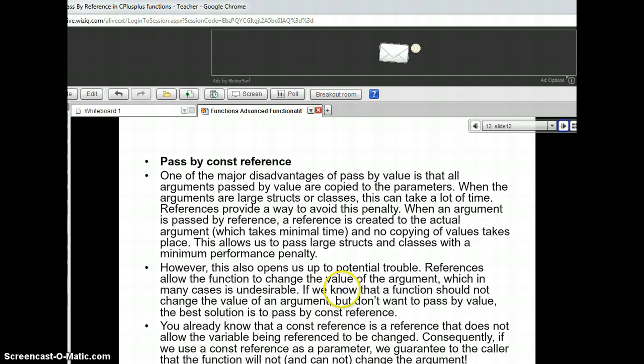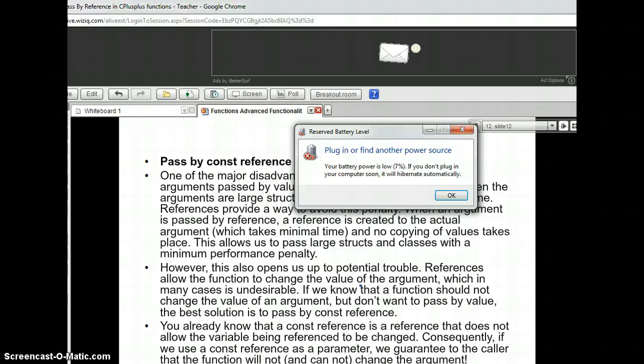However, there is another trouble here. Since we're passing the same variable, the same copy, there's no copy created, it's the actual variable passed to the called function. The problem is this called function can modify this variable and make it any value. So to avoid this, in some cases, if the same variable is passed in multiple sources, what will happen is